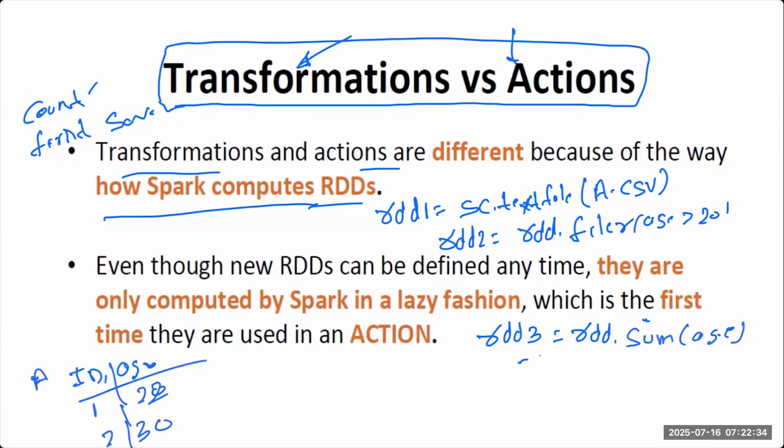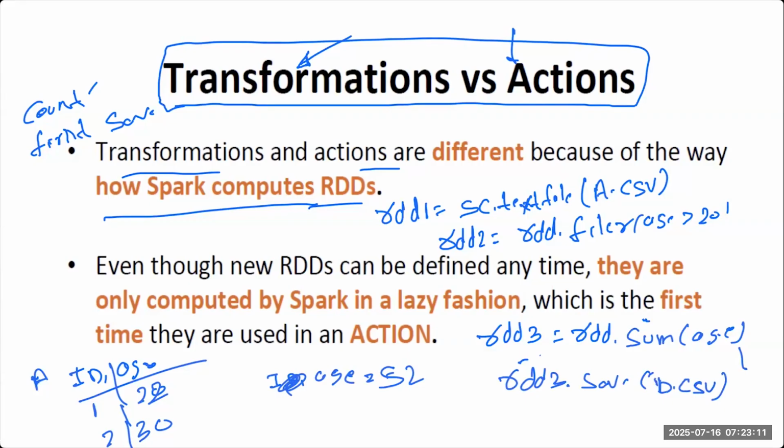So now I am summing the age. After this, what will I get? I will get ID, age, but I'm just getting the age. I don't need ID because I'm just getting the sum, no group by. So for age, it will return 52. This is the final output which I will get. Let's suppose after the sum I am saving this output to a location, b.csv.